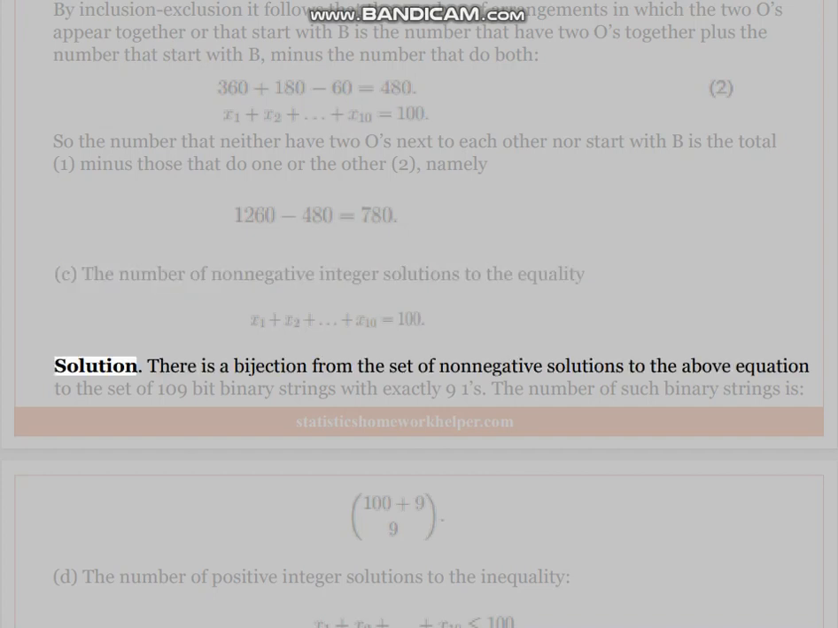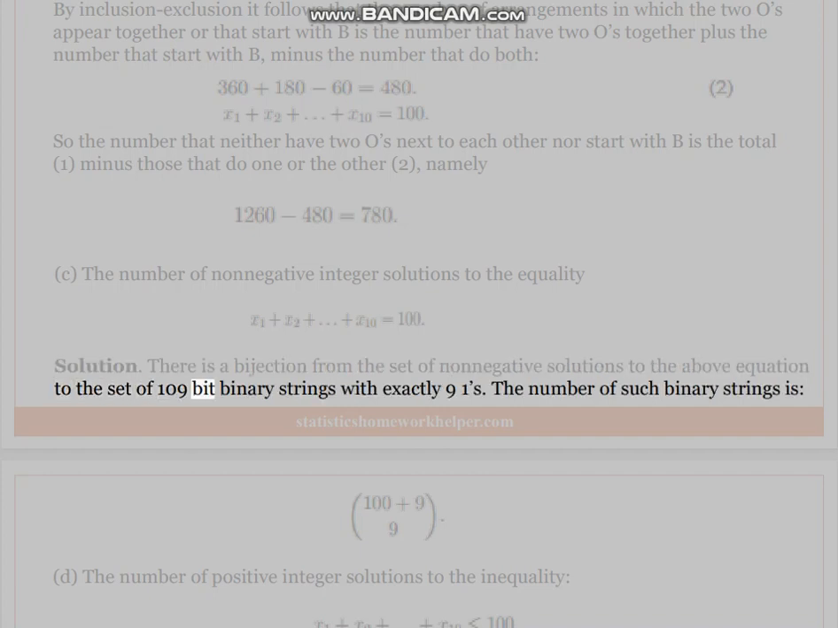Solution. There is a bijection from the set of non-negative solutions to the above equation to the set of 109-bit binary strings with exactly 9 ones. The number of such binary strings is